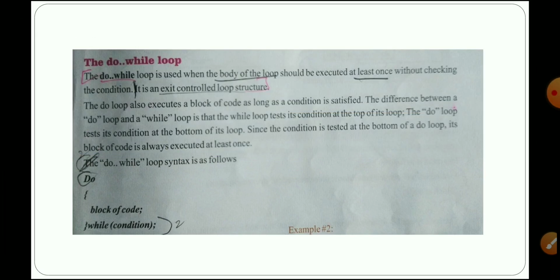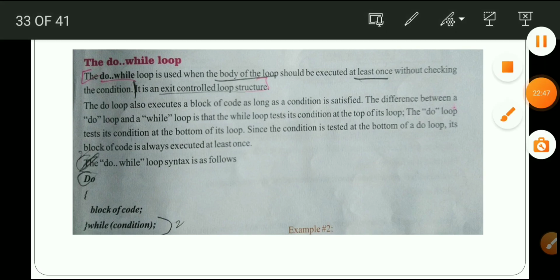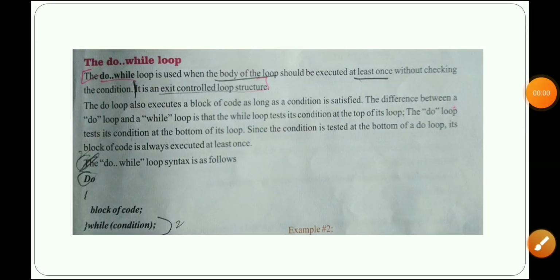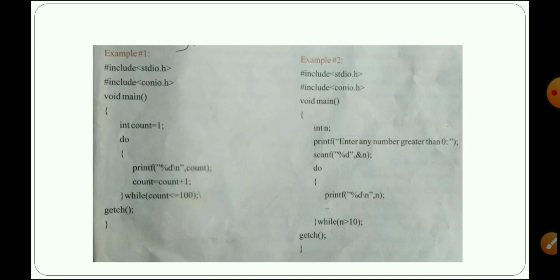Okay, that will repeat the same block of code. Now we have to check a do while loop example program. We discussed the definition of a do while loop, the syntax of the do while loop, and the difference between while loop and do while loop. Okay, these we discussed. Now we are going to see an example of a do while loop program in the C programming language.